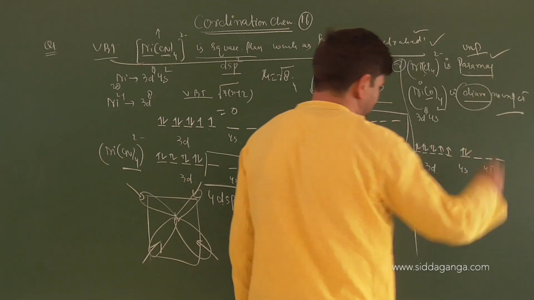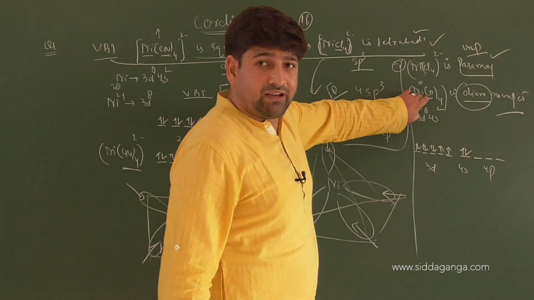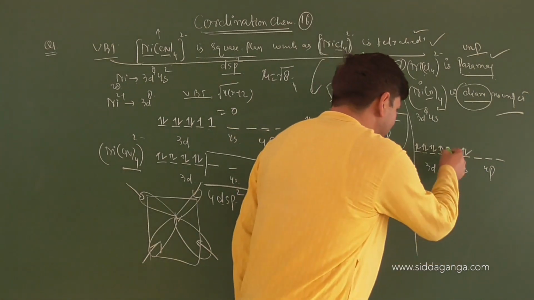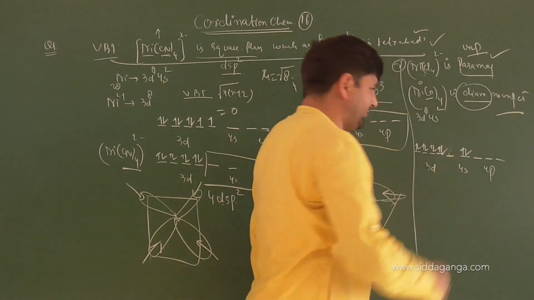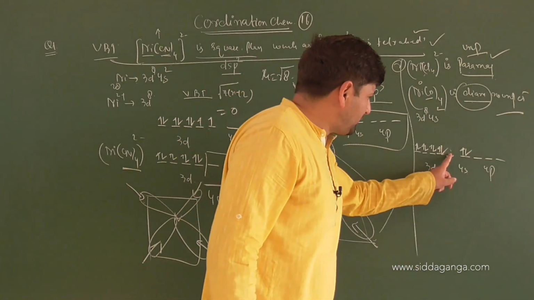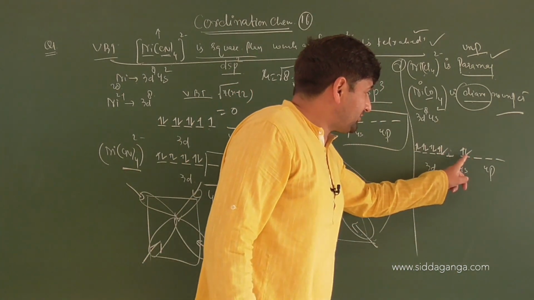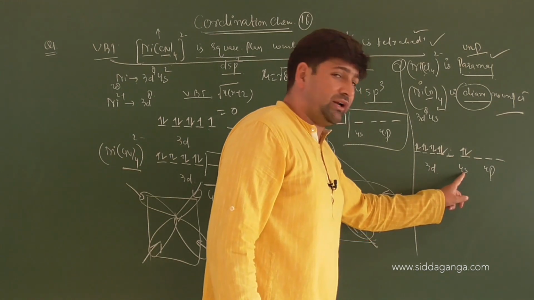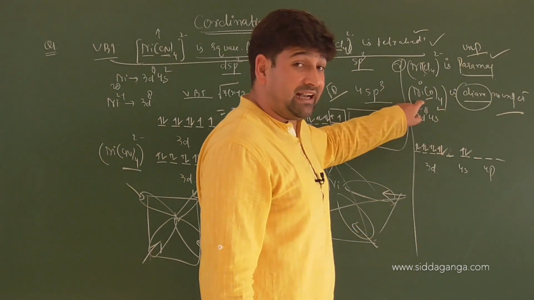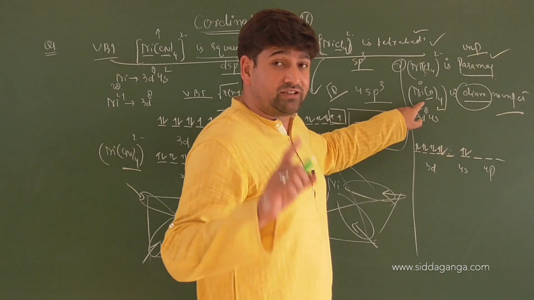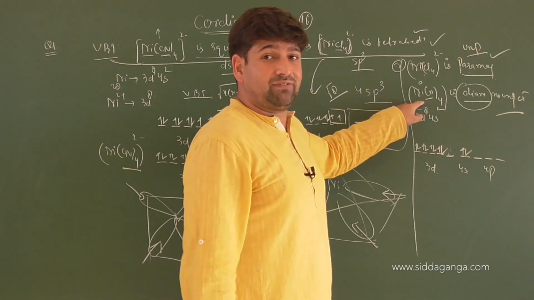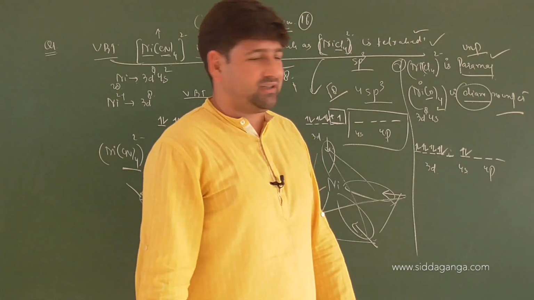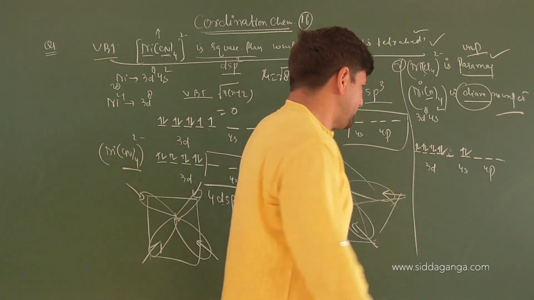And s has how many electrons? 2. Is it a strong field or weak field again? Strong field. So will pairing be forced or not? So these electrons will both be found in one orbital only, so one d orbital becomes free. Then the electrons from s, because the energy difference between 3d and 4s will be less. It is which field? Tetrahedral. We know the crystal field splitting energy is extremely less, it is 4 by 9 of the octahedral field, right? We have learnt it, right children? Okay, so the electrons from s will shift into d.